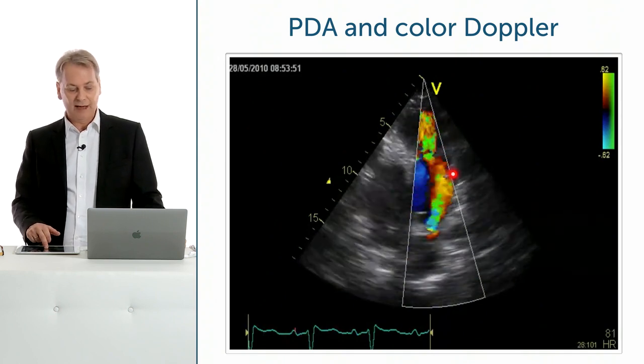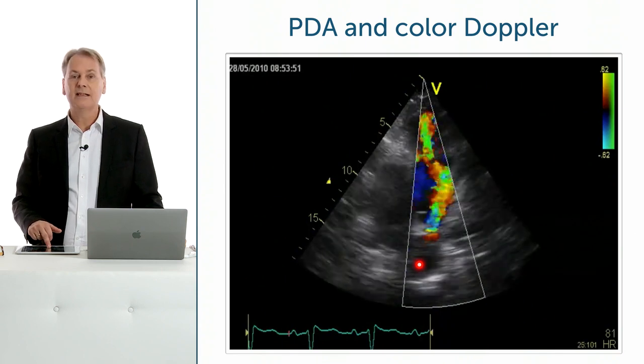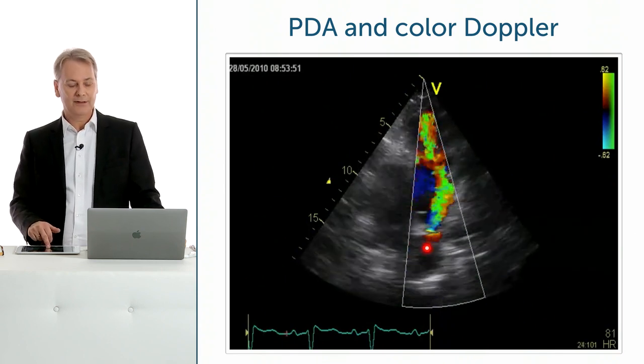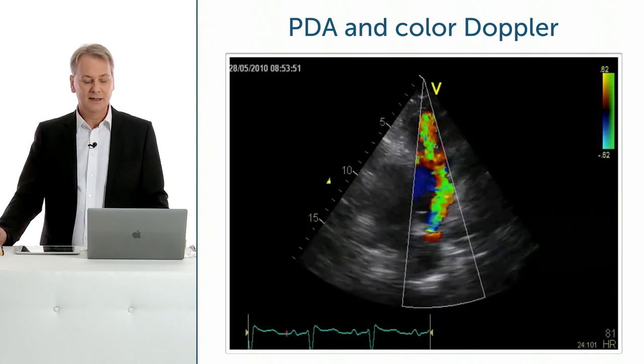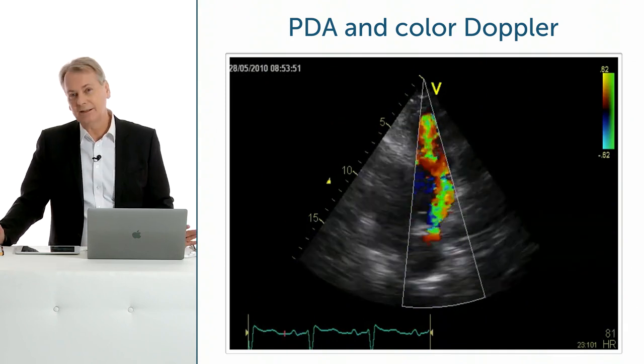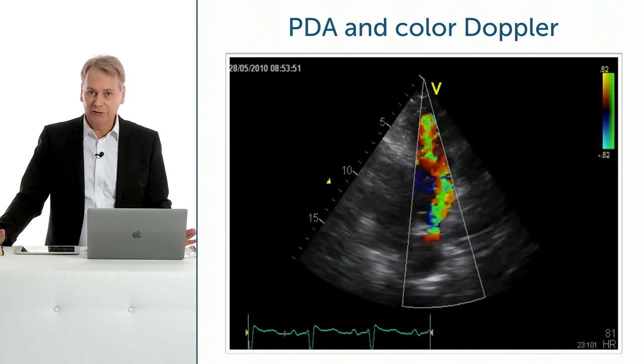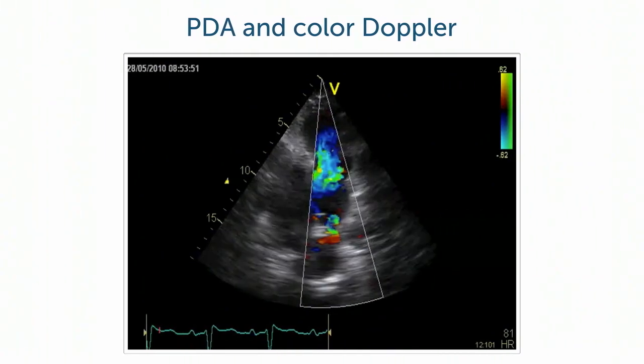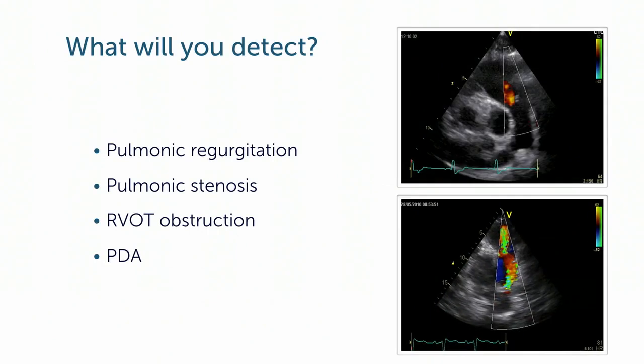But here we also have a second jet, which originates from the aorta and where blood flows right into the pulmonary artery, both during systole and diastole. So this is a typical PDA. This is actually the view where you can probably best visualize a PDA. What other indications do we have for color Doppler